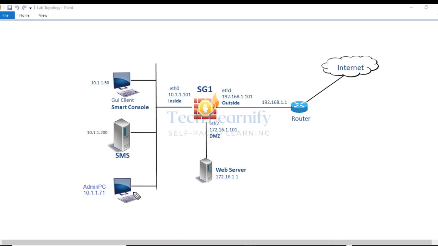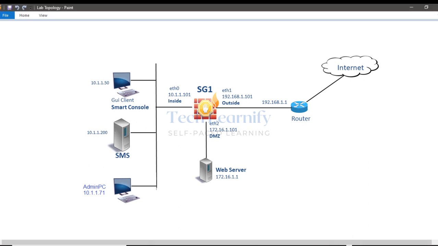And I will just initiate some connection from admin PC 10.1.1.71. We'll open a Smart View Monitor first for the monitoring purpose, and then in the real environment, for the live connection, we'll create a SAM rule to drop that connection, right? So let me quickly show you the security rule